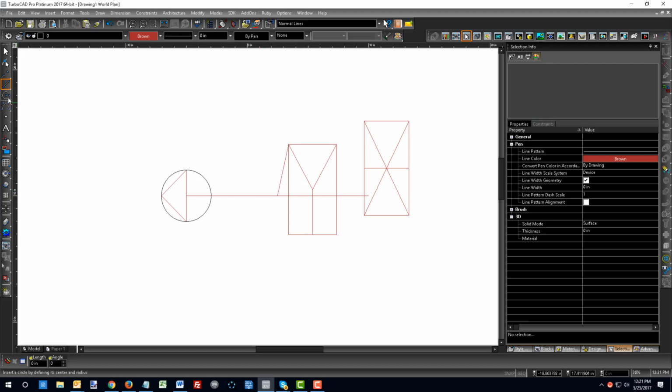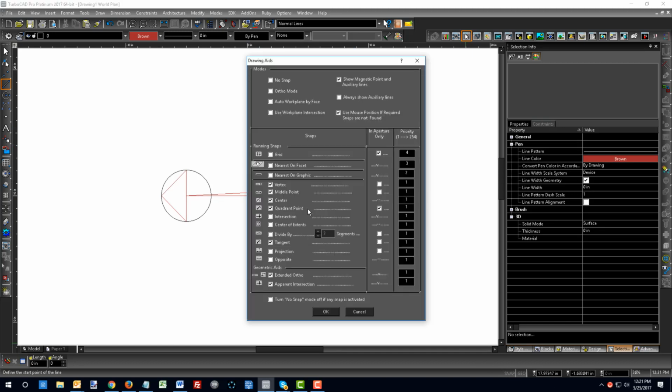And there's also some other SIKs that are important to know. Center is a C, so center of the circle or arc, C. And then you've got other ones like intersection is I, and there's a whole list of them which you can get information on. In fact, if you go to